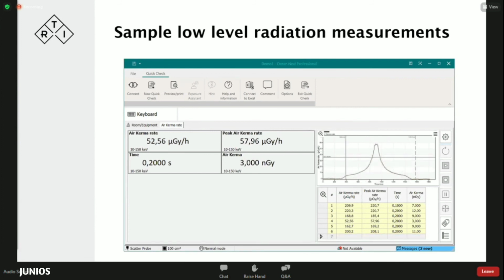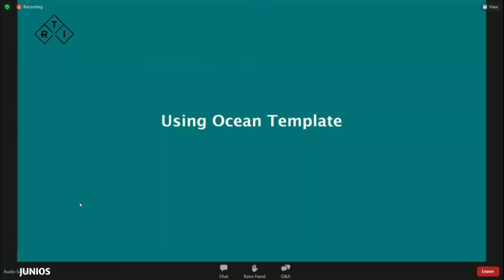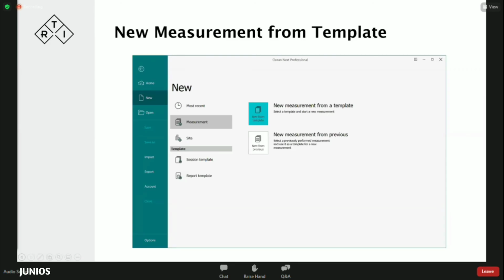So then let's talk a little bit more on how we use this software, which is what we call the Ocean. There is a possibility to do more than just using this software as a display. With this Ocean software, we have templates provided, and how do we access the templates? When we're making a new measurement, for example, a new leakage measurement, we select new measurement,